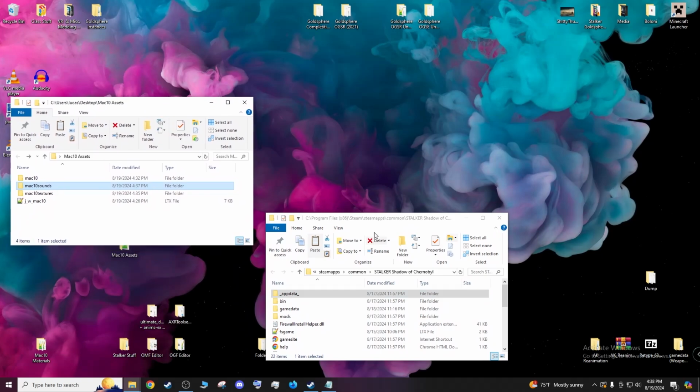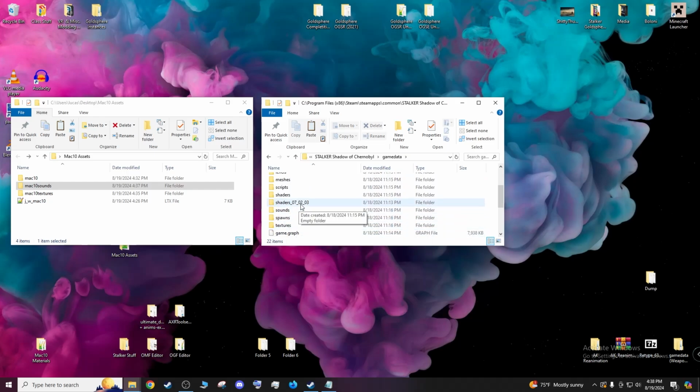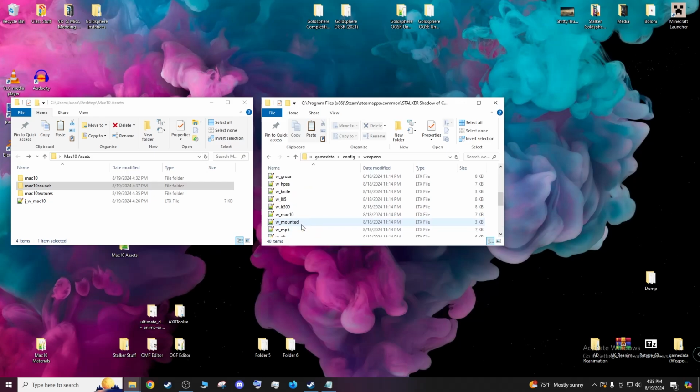So when creating a new weapon, the heart of it is the weapon config file. So let's go to game data, config, weapons, and if you scroll to the bottom right, there's actually already a weapon config file called Mac 10 because the Mac 10 is actually a cut weapon in this game. It wasn't fully implemented. So in this case, let's create a